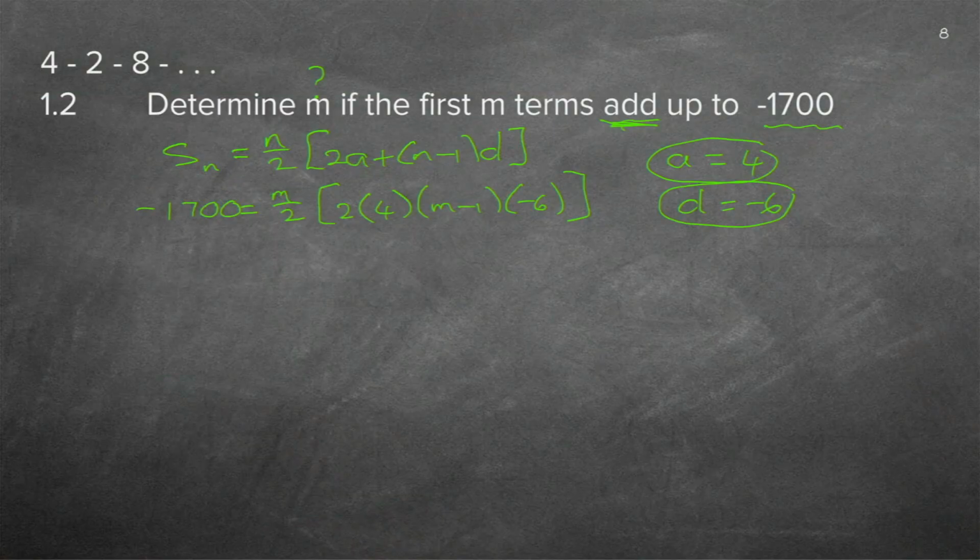So there are, again, lots of different ways. I'm going to show you the way that I prefer. I'm going to leave the m over 2 here. Some pupils immediately get rid of the fraction, which I also like. They multiply with 2, then that little 2 is gone, and you must multiply the minus 1,700 also with 2. That just makes a lot of big numbers that maybe is unnecessary. So let's just check first. If I do the inside of this bracket, with a plus in between, it gives me 8 minus 6m plus 6. So if I add that, I get 8 plus 6 is 14 minus 6m.